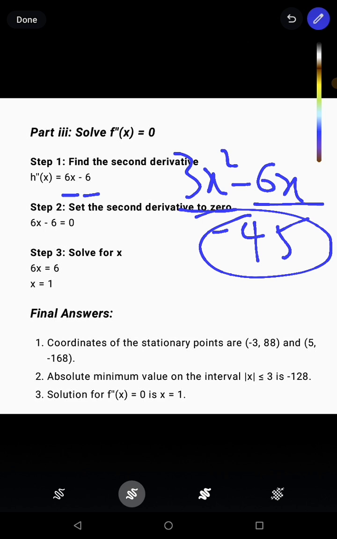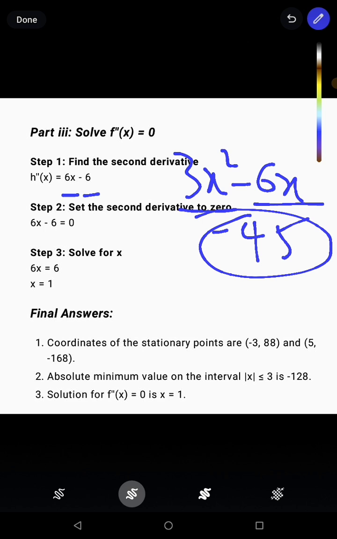When you set it equal to 0, it means 6x minus 6 equals 0. Then divide both sides by 6, x equals 1. x equals 1. And let me say this here. In case in the question, they say find the inflection point or find the